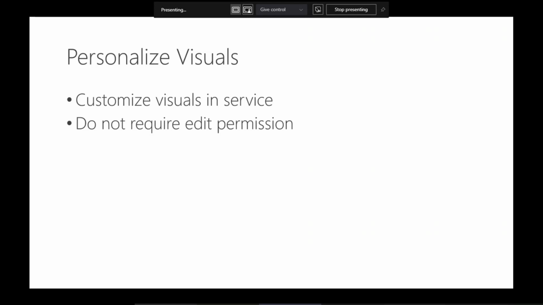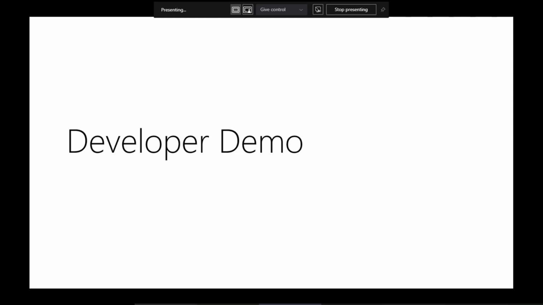And next up is the demos. I will be having two demos for you. One is a developer demo, which shows the personalized visuals feature from the developer's point of view. The other is the end user demo, which shows the personalized visuals feature from the end user's point of view. Getting into the first demo, which is the developer demo, as a developer,